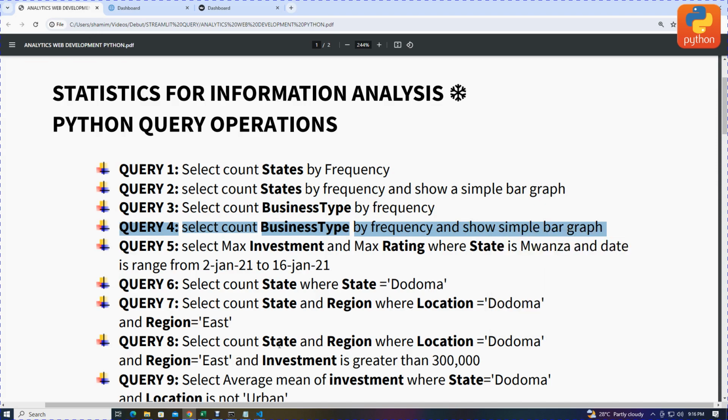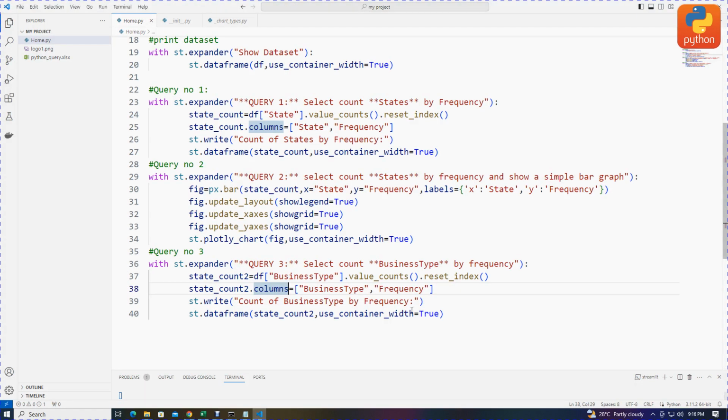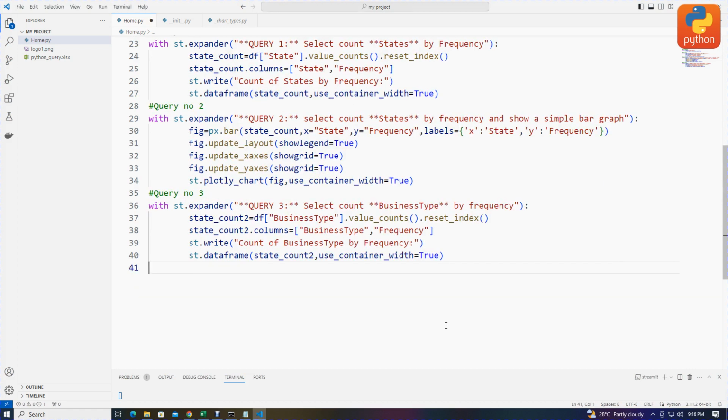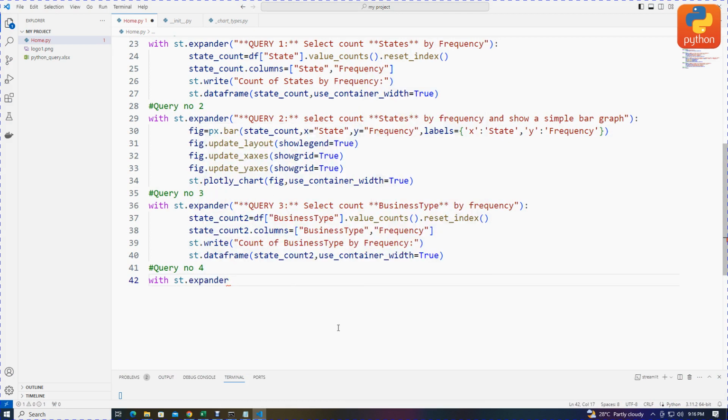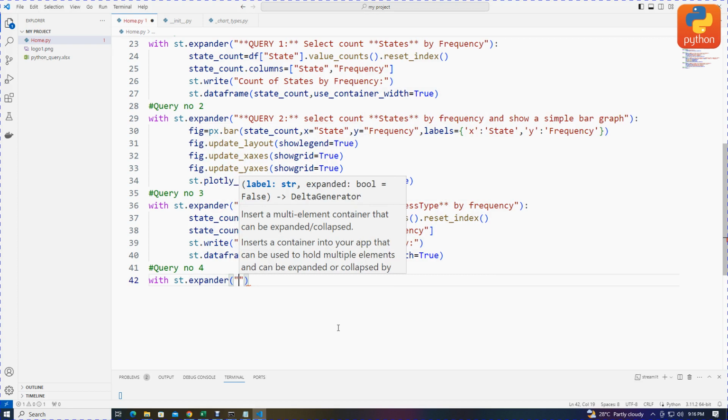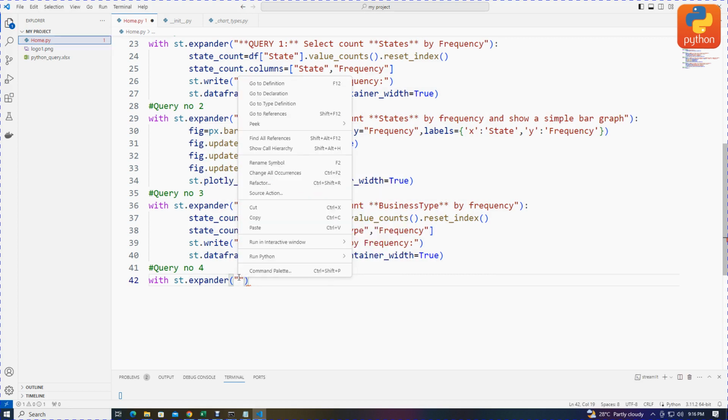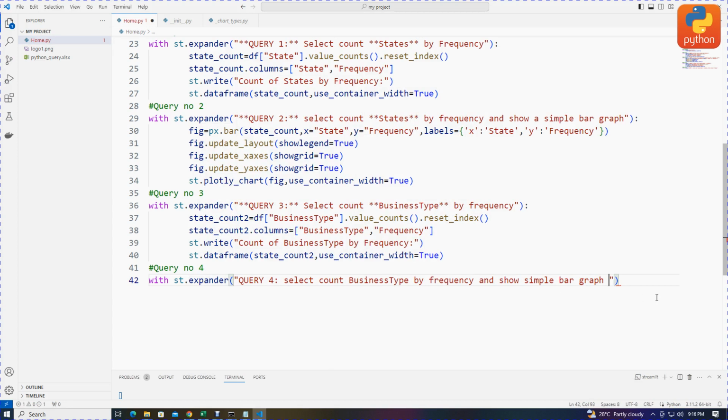Okay, so now copy it, come to duplicate. So this is query number 4. So with st dot expander hapo, and then namna hii, then mundano just kupaste hii hapo. So now good. Select count business type by frequency. Query number 4